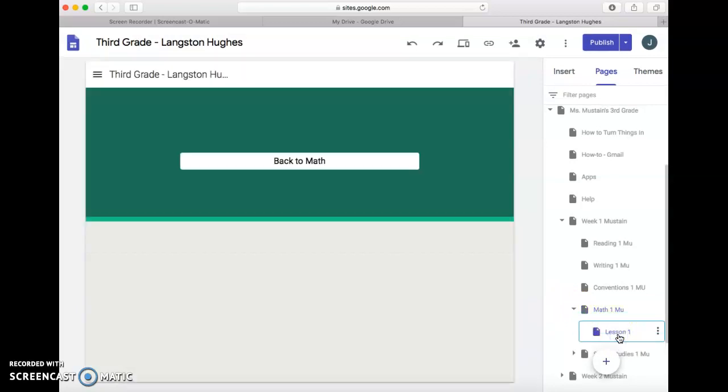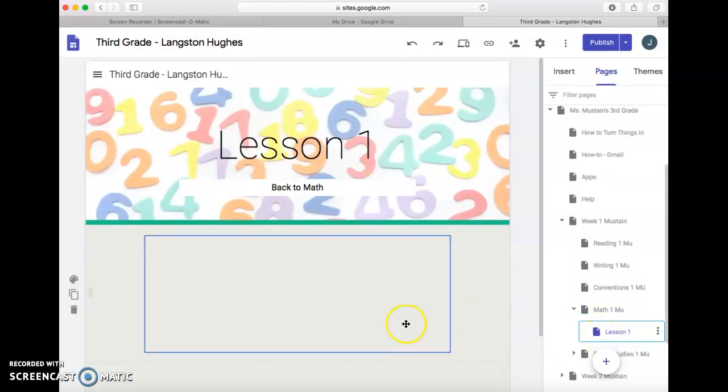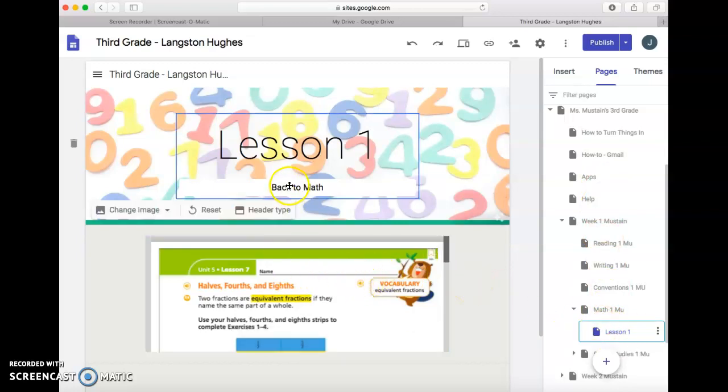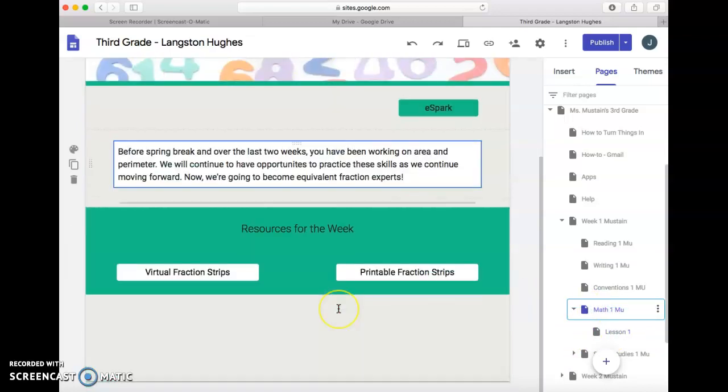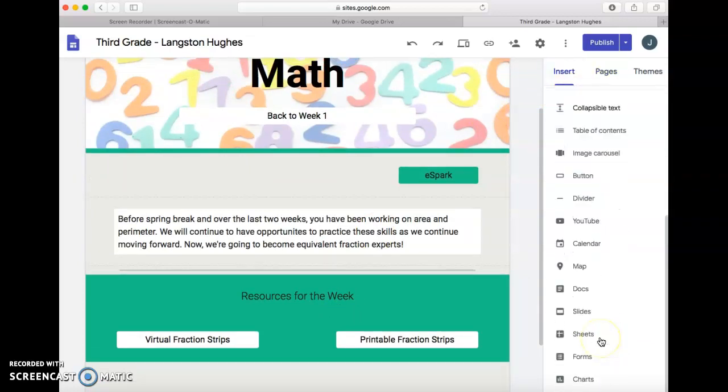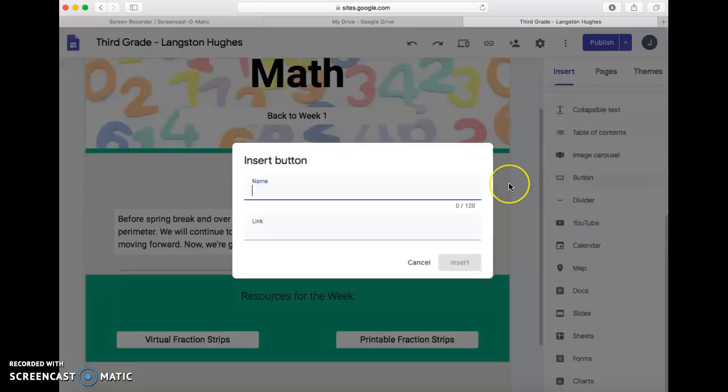I haven't added a button yet, so I can show you that I put lesson 1 here with the workbook pages. So I will show you, you have to add a page before you can add a button, like the back to math. You have to have the math page before you add a button, because you have to tell the button where to go. So on math, I didn't have a button, so I'm going to go to Insert, and if I scroll down, there's a lot of more options down here, and I'm going to find Button,